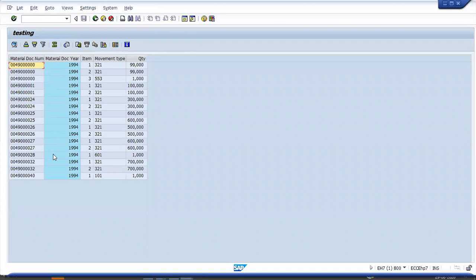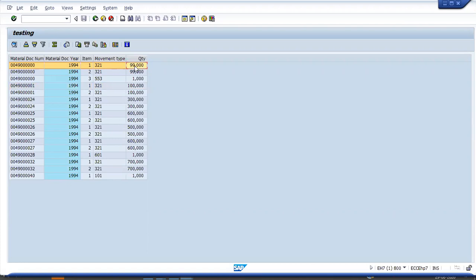Something color is coming here. Fine. Now my requirement is, the quantity is coming here, right? So here it is 99, not 99,000, this is 99 only. Instead of a dot, it is coming as a comma here. For the quantity, 3 digits will come. This is not a comma, this is the dot.